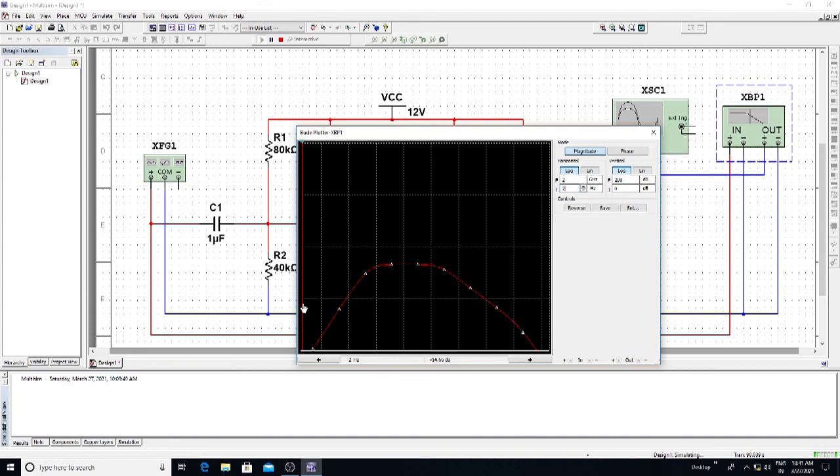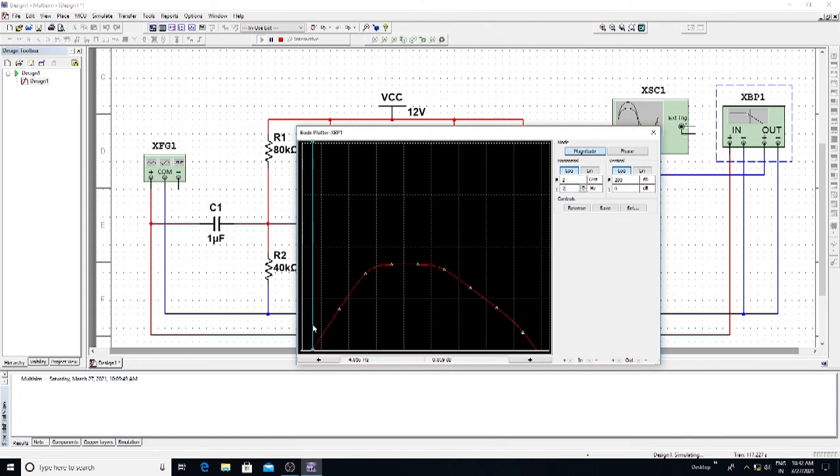Here you have a tracer, click on the tracer. If you place the tracer on each triangular line, you get a value that is nothing but frequency, and at that frequency, what is the gain in dB, right? So at this point you have a frequency of 4.81 hertz, and the gain is 0.859 dB.